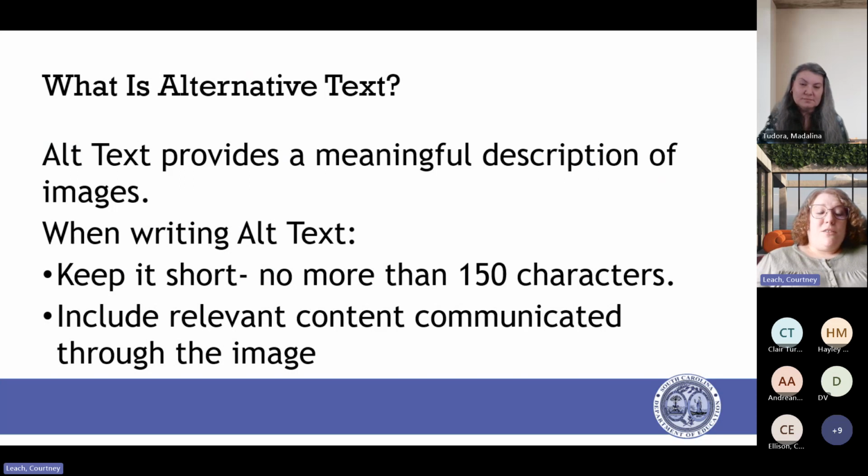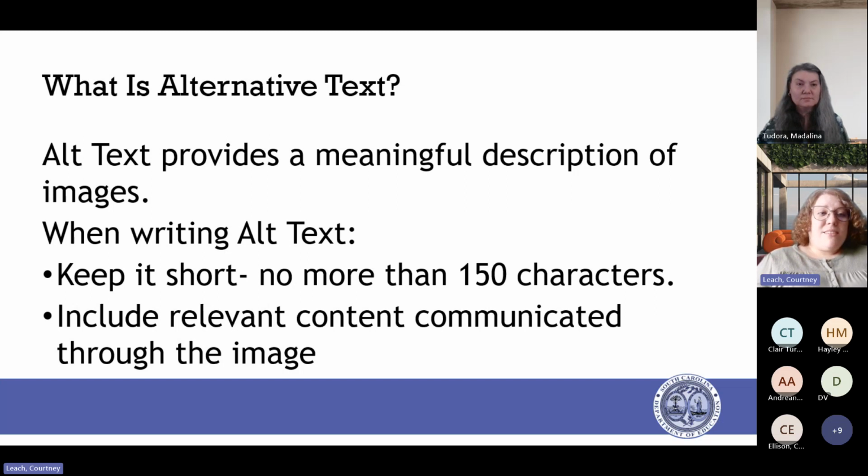It's not long, so you should be looking for or creating short sentences that describe the images that you're using, no more than 150 characters. Keep it short. If there's any relevant content in text that is in the image, make sure it's also in the alternative text.